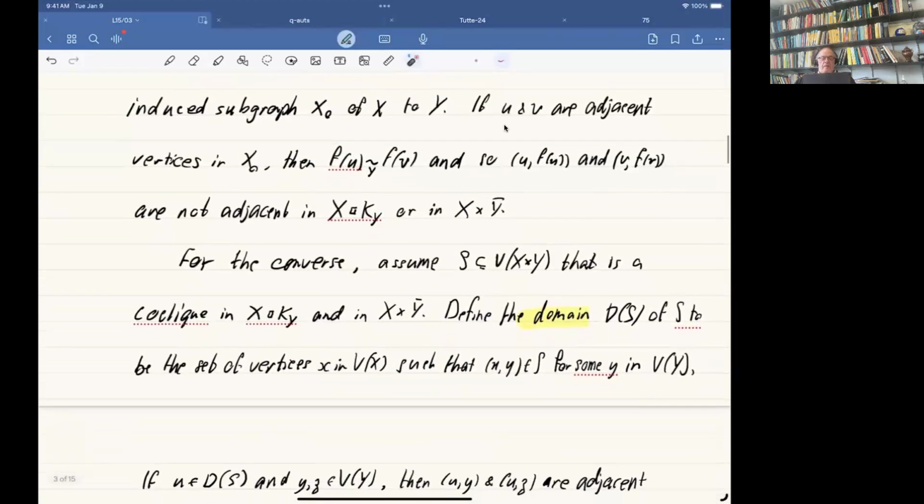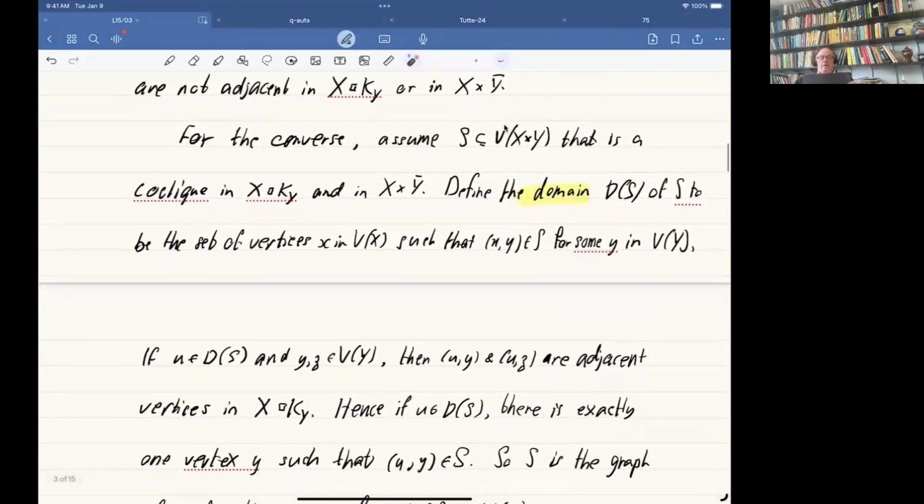Now the converse is a little bit more work, not much. The issue is that if you understand the example relating chromatic number to the size of cocliques, then it's not a very big step to think about whether we can do something more general. Once you start thinking about it, there's only one way of doing it, and it's fairly straightforward. So for the converse, we're assuming I've got a subset of the vertices of X cross Y, and